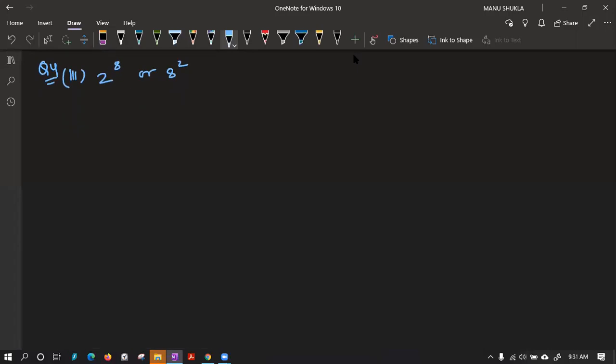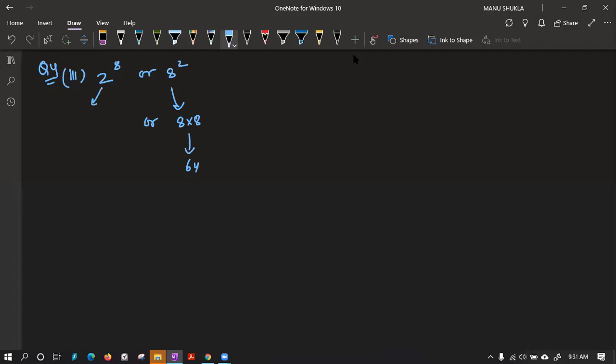Now first see this one, class. We have to tell which one is larger amongst these two. For that we don't need to solve the complete one, we just have to get an idea. I can say 8 power 2 is the same as, class please tell me, 64, because 8 8s are 64.